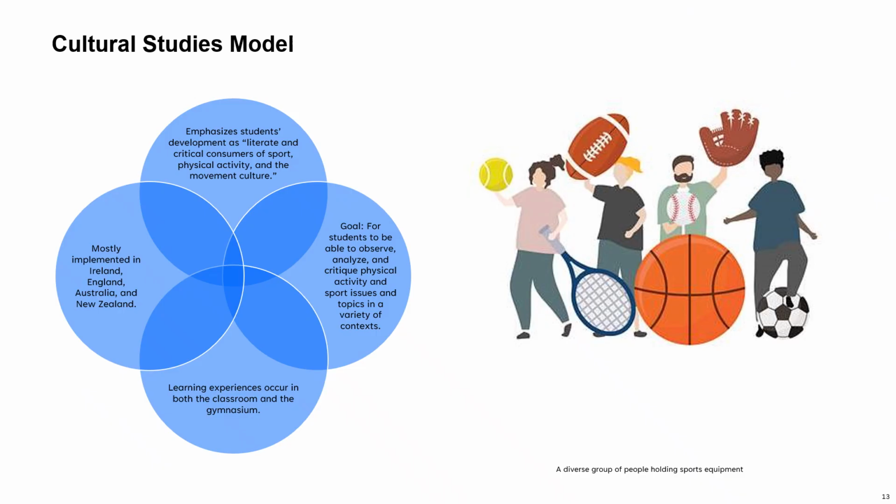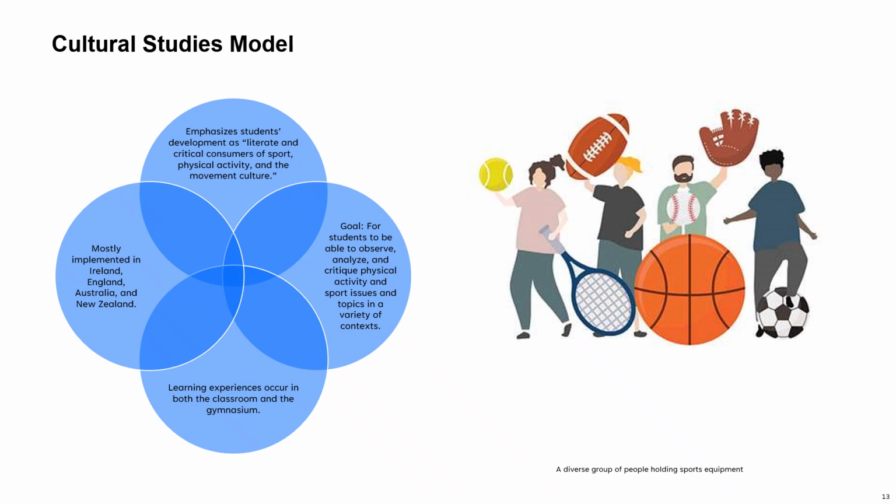The cultural studies model is an educational approach that emphasizes students becoming literate and critical consumers of sport, physical activity, and the movement culture. The goal is to develop students' ability to observe, analyze, and critique sport and physical activity in social, cultural, political, and historical contexts. And it's really to encourage critical thinking and informed engagement with issues like gender, race, body image, media representation, commercialization,